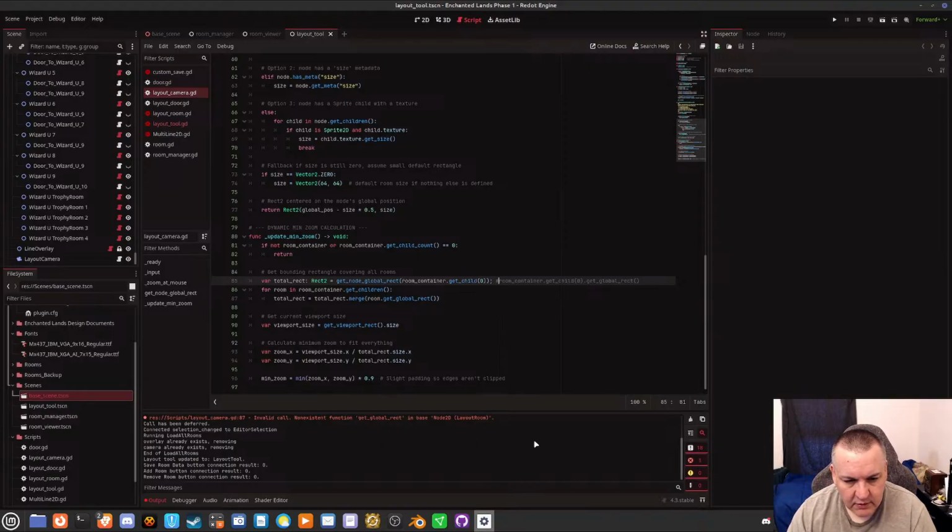Invalid call. Get children total rect equals merge. Oh, so it recalculates the total rect here, right?